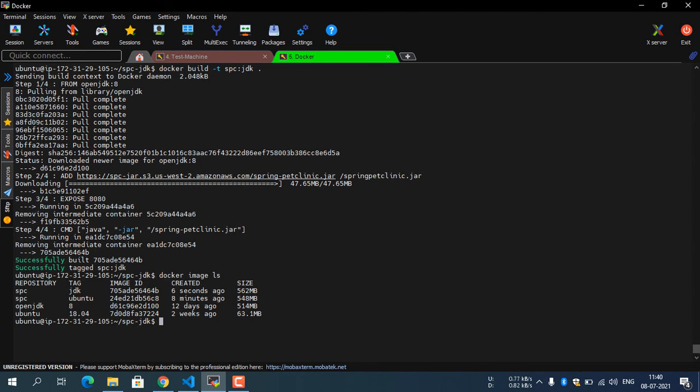Yeah, it has taken 562 MB, but the Ubuntu, if you see, has taken 548 MB. So this image size is very small compared to JDK. So depending upon this we need to choose. If you choose Ubuntu, the size will be very small, right? So depending upon the requirement, we need to create an image which takes very little disk size.